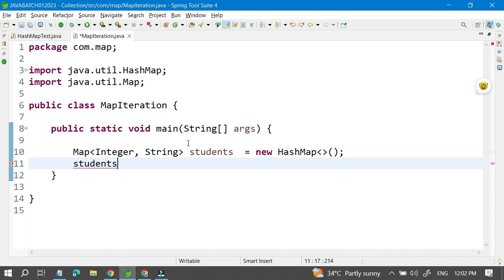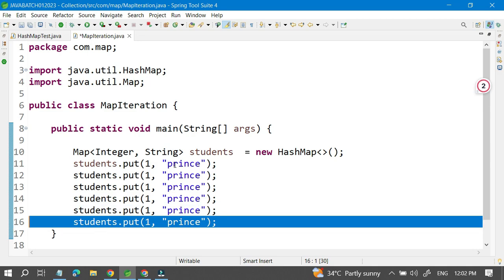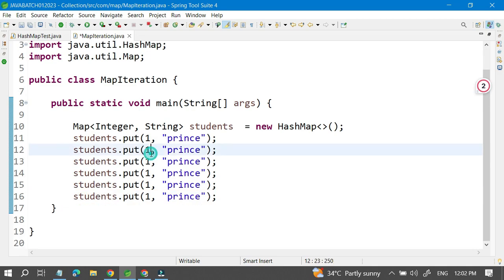So it's students.put. I will give the key as 1 and the value as Prince. So this is the one student I have stored. Control Alt arrow down, and if you use put, you can store multiple students here. Let me change the IDs to 3, 4, 5, 6, and the values are Deepak,